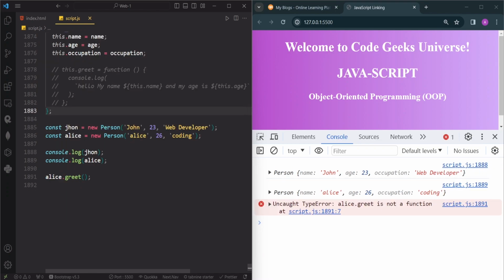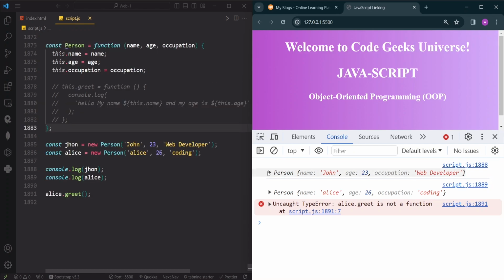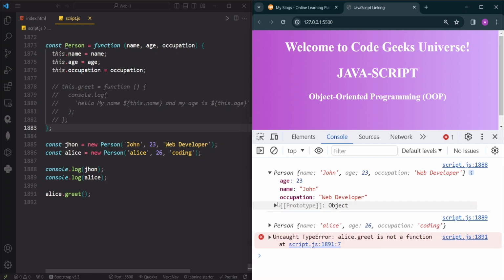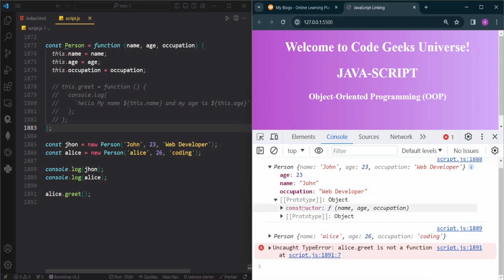Now the right approach to add a method to our constructor function is by using the prototype property. The prototype property is a special object, and if you want to take a look at this prototype property, you can expand this. You can see that we have our prototype property inside of this object, in which we have